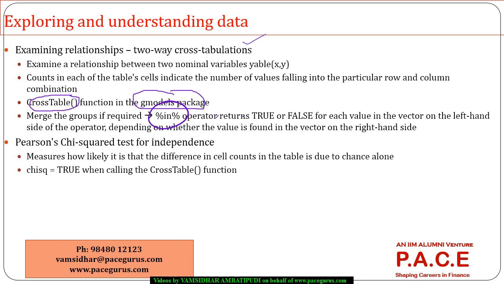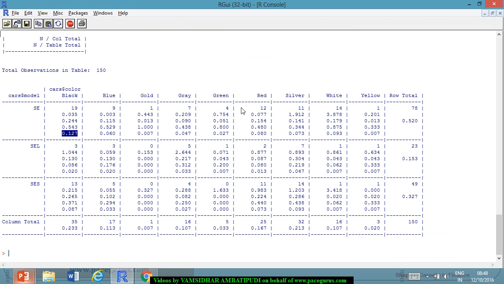Here, let me look at that particular aspect, wherein I can very well set the groups using the percentage in percentage operator, right? I can think of clubbing some of the colors. Let me look at some of the colors, probably gold, green, yellow. I'll try to club them, right? So I'll say cars dollar color. I'll try to overwrite on that same cars dollar color, wherein